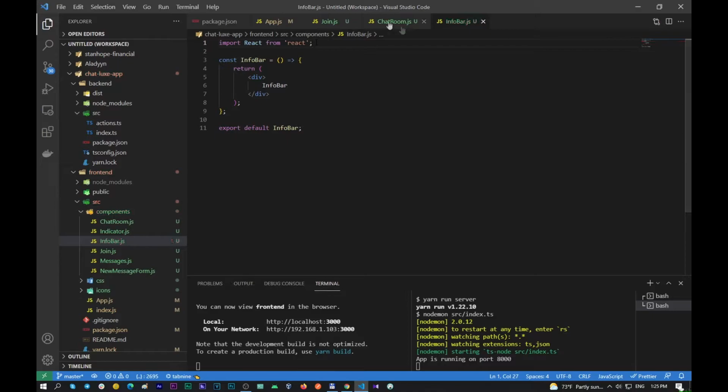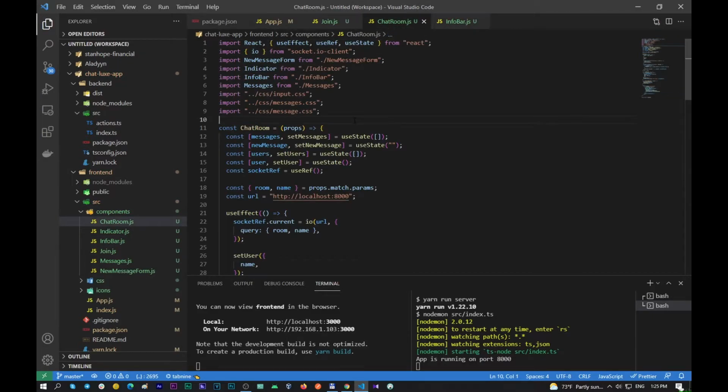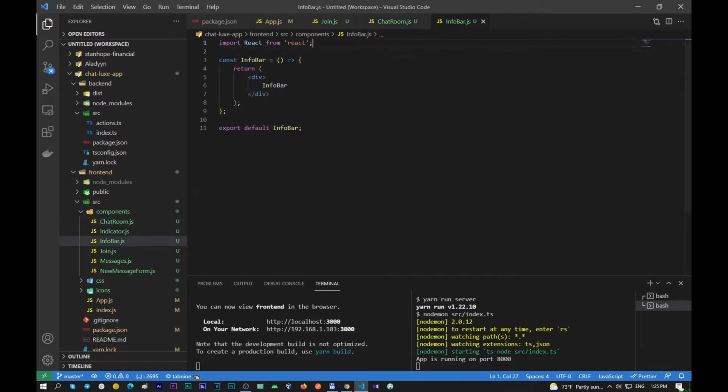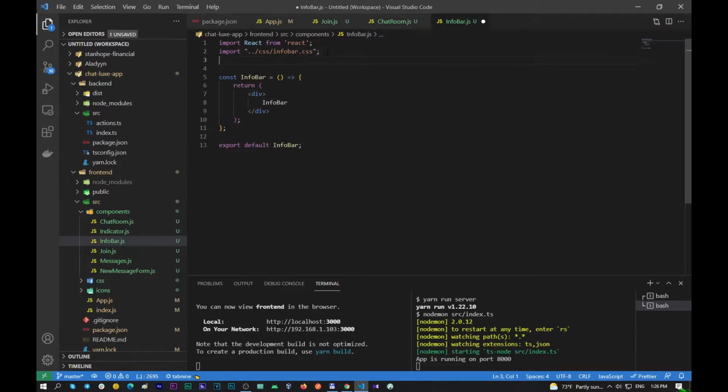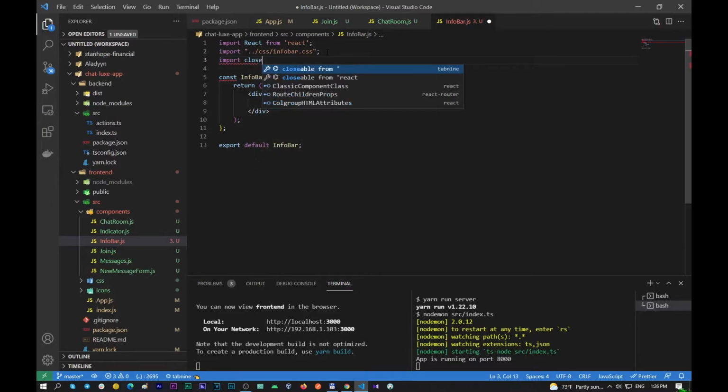Also, just copy styles from this, import CSS infobar.css, and import our icons. Close icon